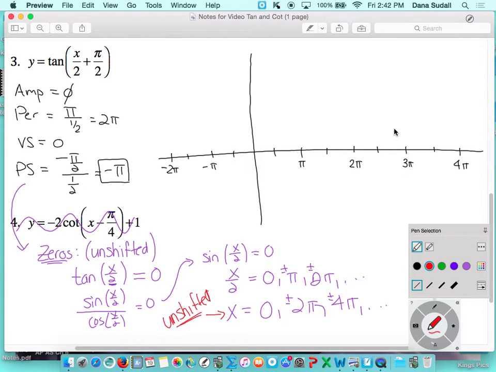So I haven't shifted these yet. So I'm going to put these on here, but I'm going to put them on there really lightly because I'm going to need to shift them to have them end up in the point that I want them to be at. So at 0, I would have